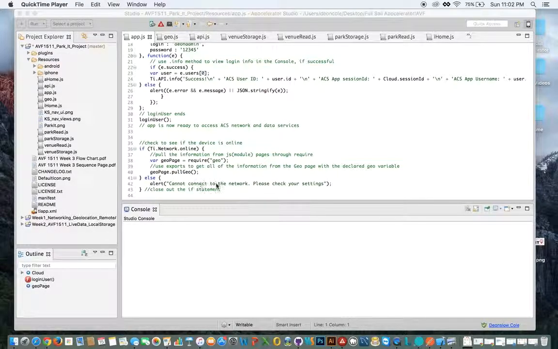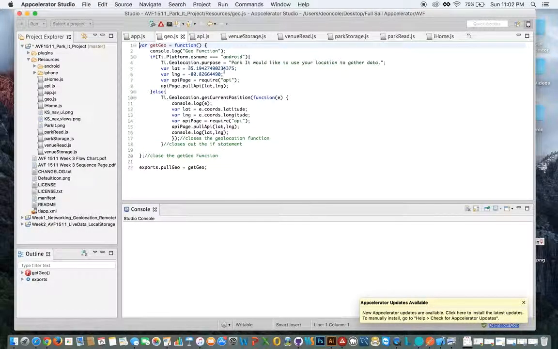And if it's not a network, then we alert the user that it cannot connect to the network. And get the geolocation, things we've done in the past. For Android, we have our purpose, where we like to use your location to gather data. Put our lat long in, and the same thing where we would use our geolocation to get the current position of our device and put that into our required API, get our latitude and longitude for that, and we would send